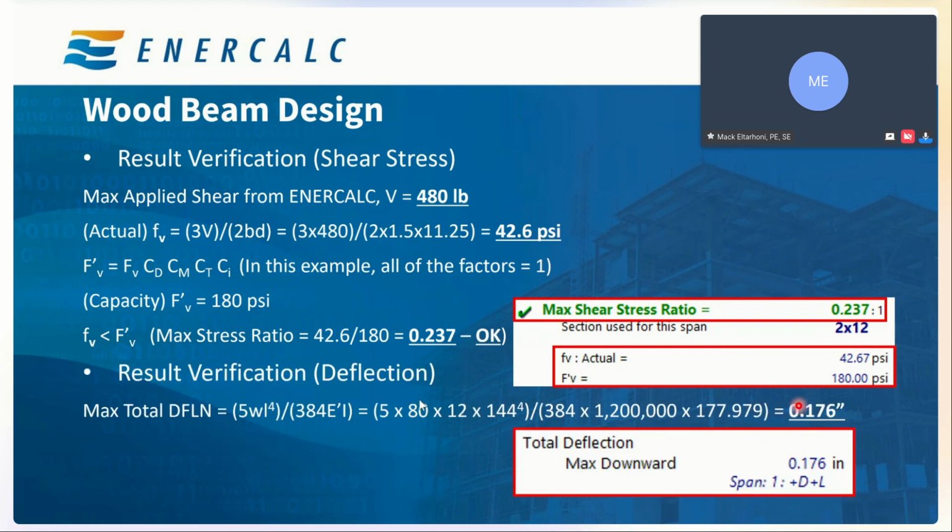Lastly, a quick thing, which is maximum deflection verification. Again, this is geometry dependent, and then you have the E and I, simple plug and chug, and if you follow the math, you get the 0.176, which is exactly here, and it tells you which combination is producing that, which we know, of course, dead and live. That's the combination that's producing this maximum deflection.